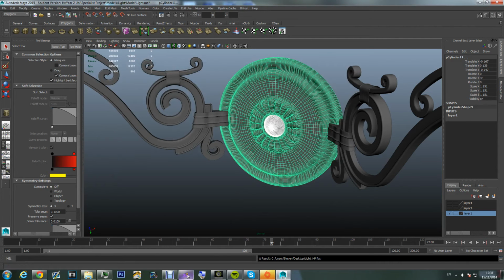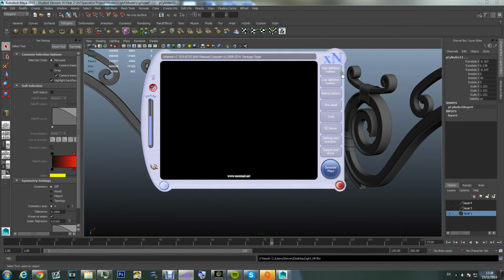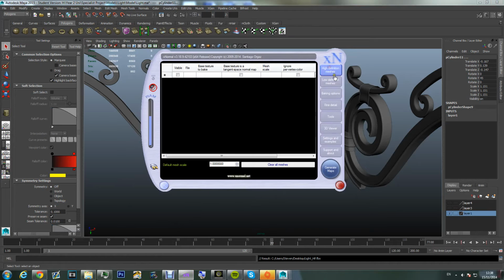Now you need to load up, so basically you need to download Xnormals if you don't already have it. I'm assuming you won't already have it if you don't know how to do it. So download Xnormals, and when you download it and start up, you'll have a program that looks like this. This looks a little bit confusing, but it's really simplistic. So you just go into high definition